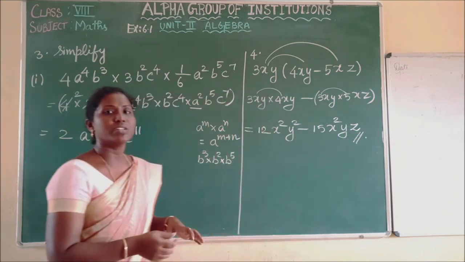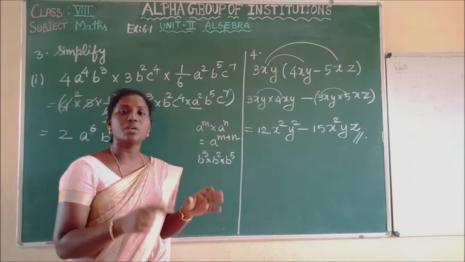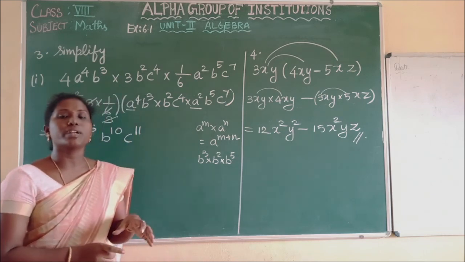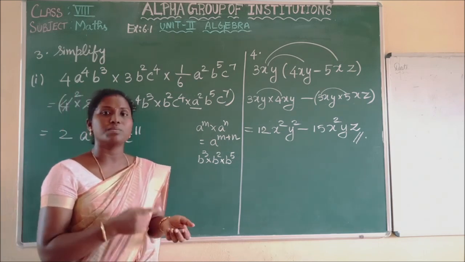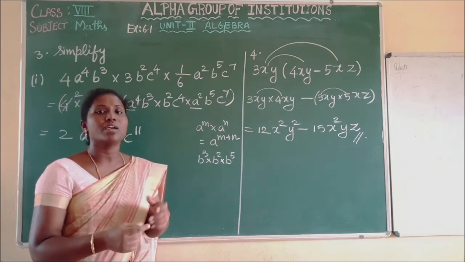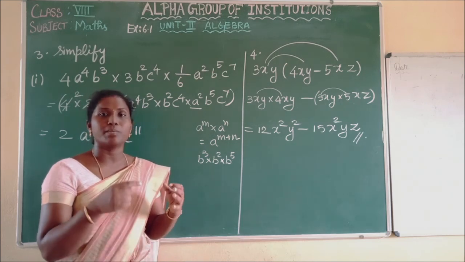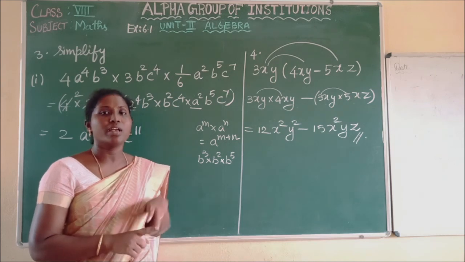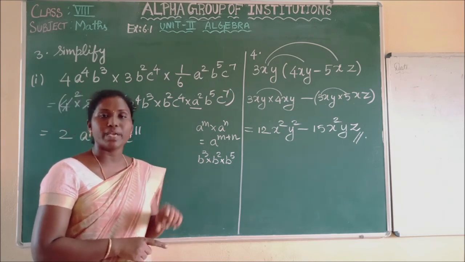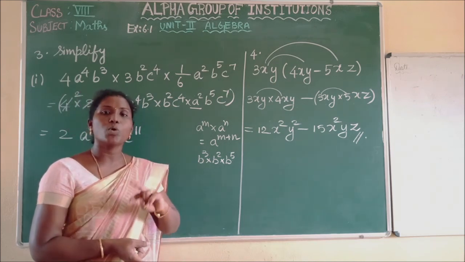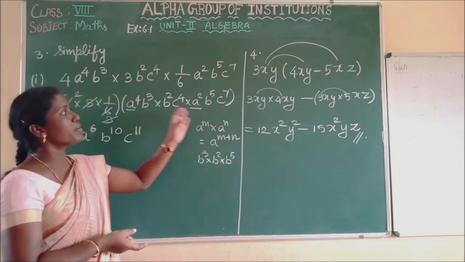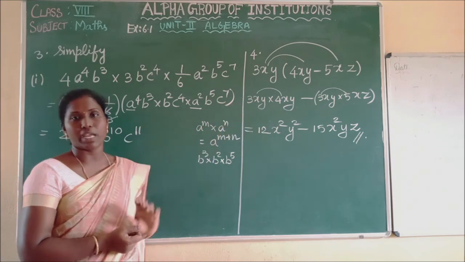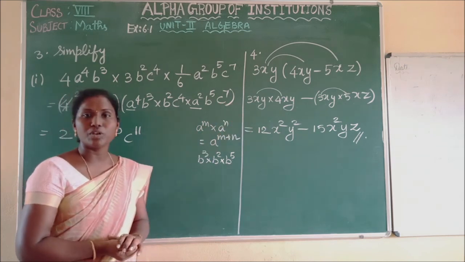Okay, yes children, until now we have seen the basics of algebra, how to express an algebraic expression, and what the things in an algebraic expression are: terms, variables, constants and everything. And three types of polynomial based on terms: monomial, binomial and trinomial. And we started solving problems on how to multiply a monomial with a monomial, how to simplify monomials using multiplication, and how to multiply a monomial with a binomial. So we have completed up to the fourth problem.